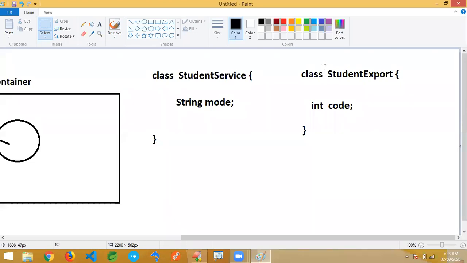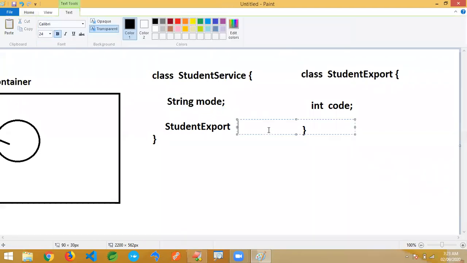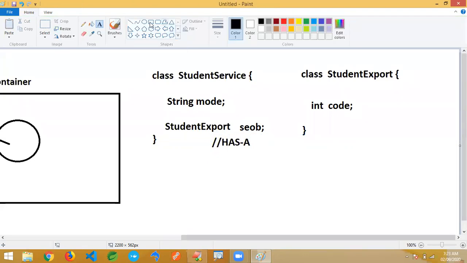I'm taking StudentExport and there I'm writing some SE or SEOB, any name you can give here. This is actually called HAS-A relation. Now the requirement here, observe carefully.